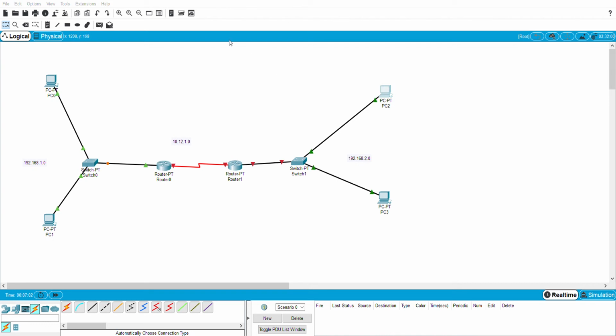Similarly, assign the IP addresses here. 192.168.2.2, 192.168.2.1 because this will be the router address. Okay, done. Assign the router address.